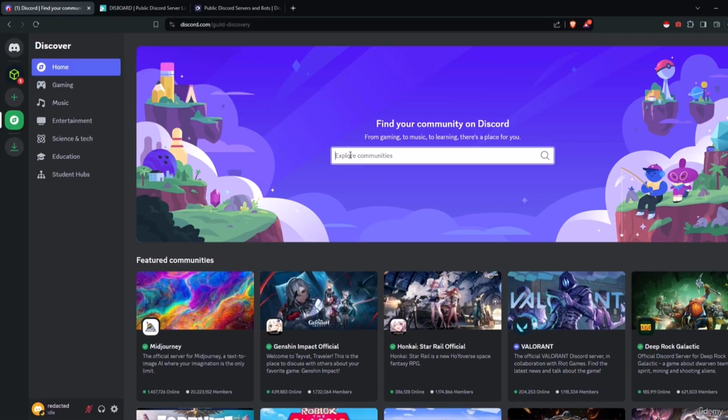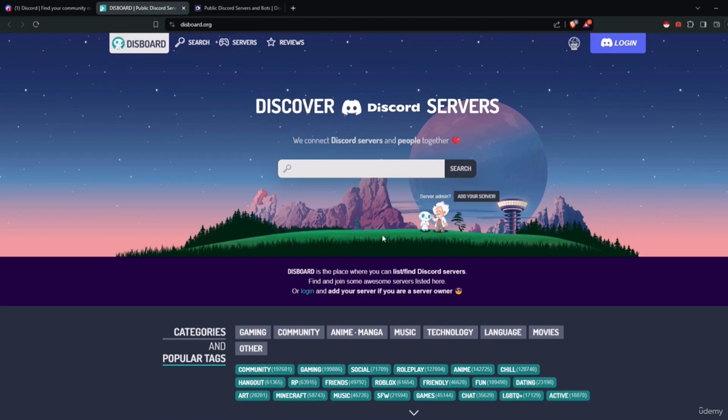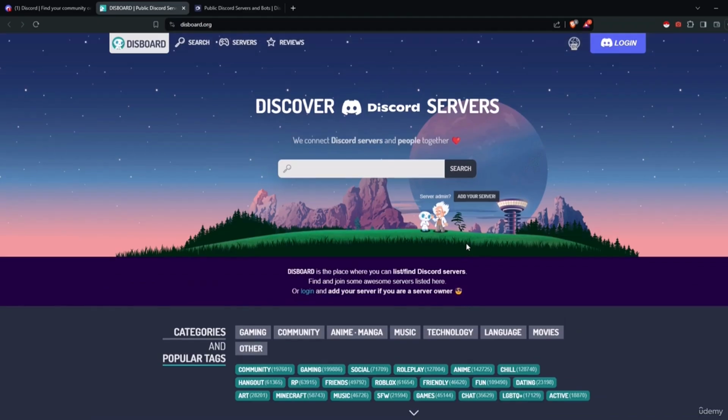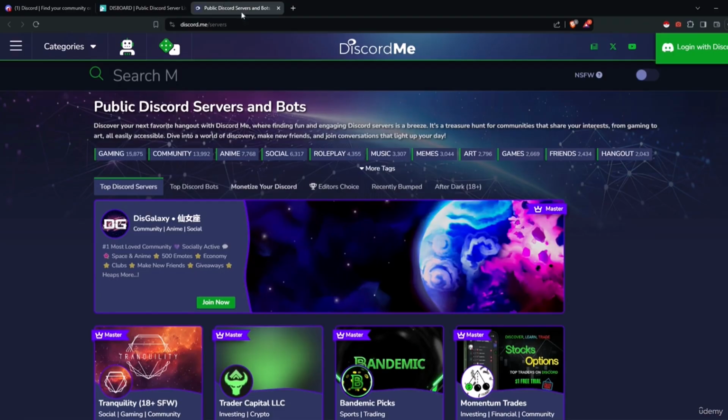The first one is if you go to disboard.org here, or on the other alternative, there are thousands and thousands of servers indexed. You can either go by searching for them using the tags, for example, community, gaming, social, roleplay, and so on. We are not going to dive into those for now. Or you can search it using the search bar. The similar principle applies on discord.me, where you can also search for servers depending on the category, or you can search using the search bar.